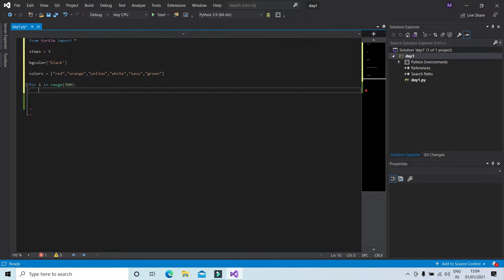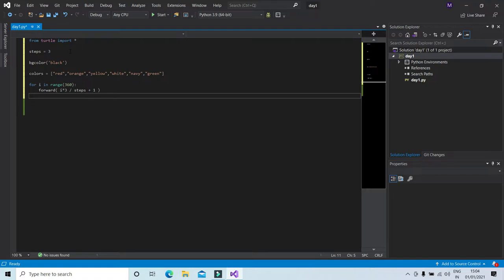Now we'll be using our forward function over here, and what it does is basically it moves our turtle forward in any particular direction. Now please don't get afraid of the argument that I'm giving over here. I'll make it clear why I'm using this particular argument.